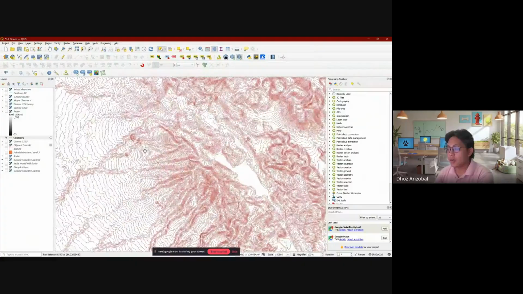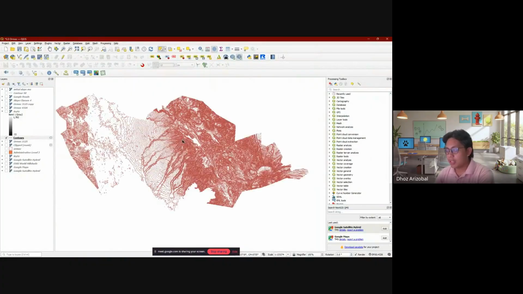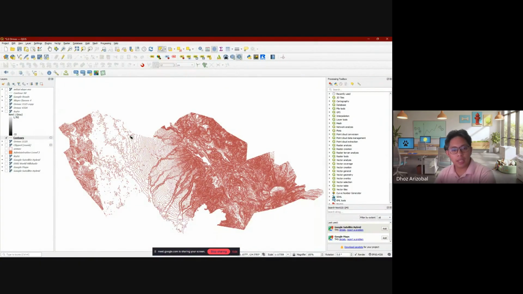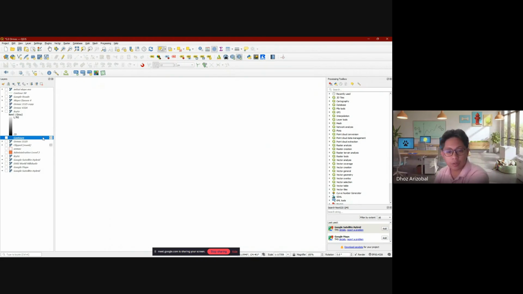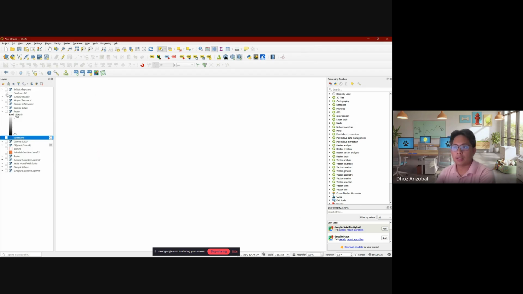So these denote, again, you know what a contour is. It's areas that have the same elevation. The problem is when you set it to 10, it's very close to each other. So when you're printing this on paper, it seems to have no effect. So you could opt to set your contour map to 50. You just make a new one again, do extraction, contour, and change your interval to 50. It can also be 100. That's okay.